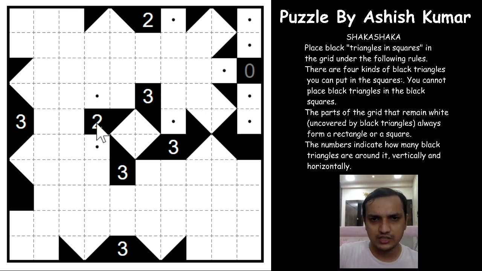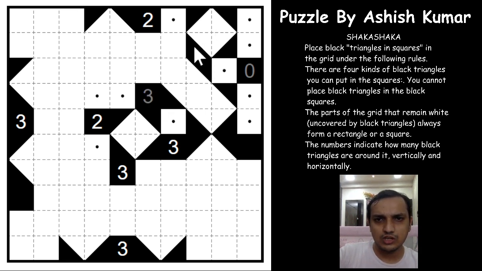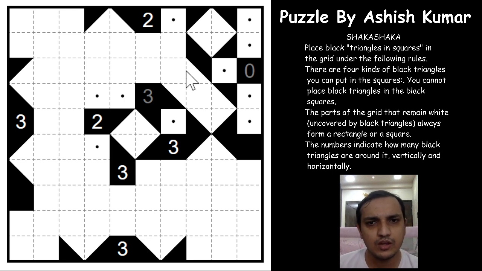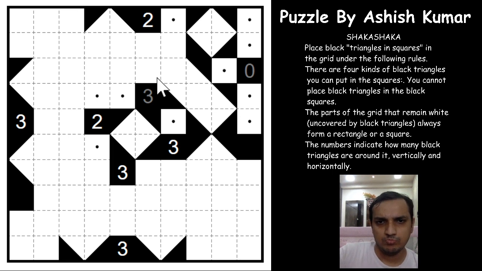These both have to be unshaded, and this again has to be unshaded, because you cannot have a triangle here to form a white area of square or a rectangle. So this is unshaded, and for the 3 now we get only one way the triangle works, this way, and this has to continue. This cannot extend now, because you get a triangle of a different area. So this has to continue this way, and so these 3 have 2 orientations, either this way or the other way, right?